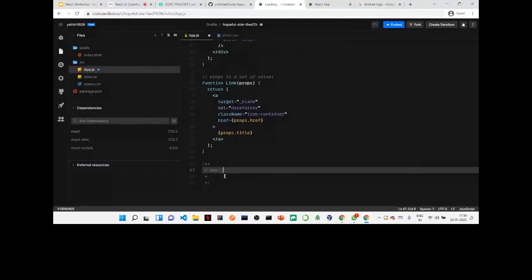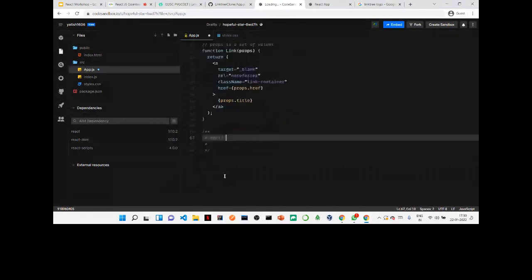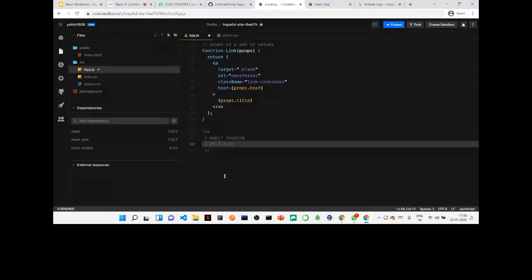So map is basically a JavaScript function, which is a looping function. What does looping basically mean? If you have an array of elements, this function runs for each and every element that is there inside the array. So let's say you have an array of 1, 2, 3, 4. Okay, great. So what does map basically do is that when we have this array called 1, 2, 3, 4,